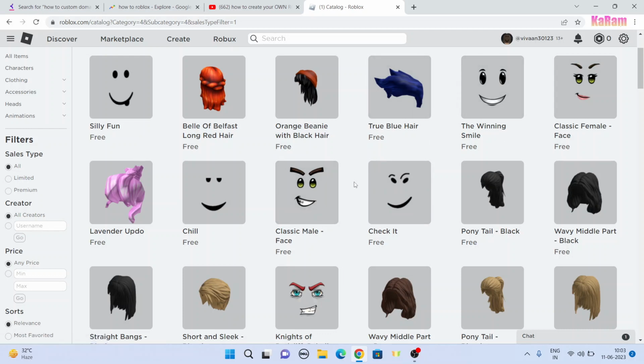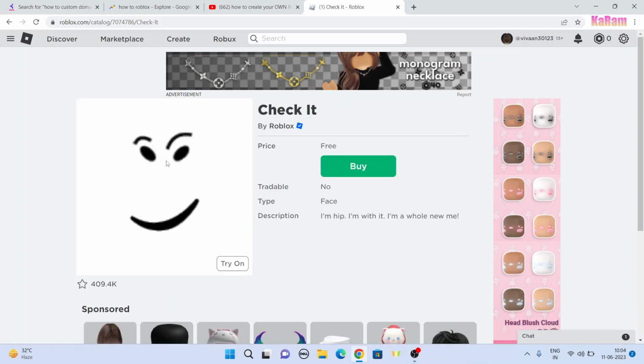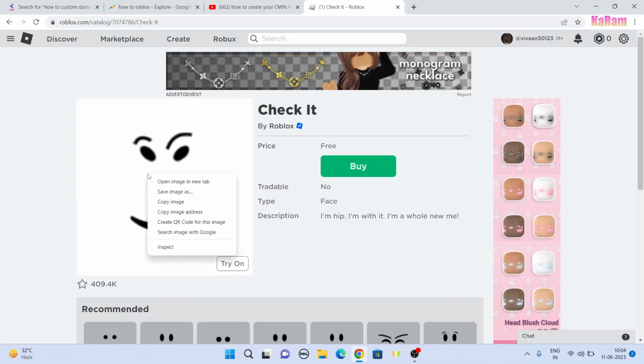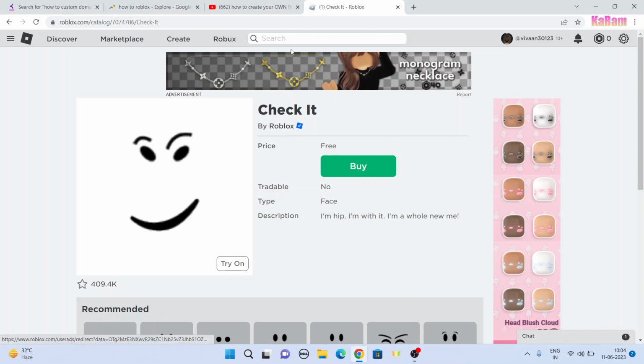So I'm gonna use two faces and make a combination of both, or I can say a mixture of two faces. How can I make that? So first of all, I have to click on any of them, and I have to save this image. Fine. So let me save it, or I can copy it